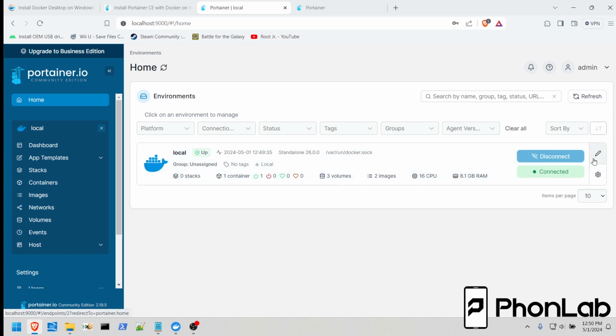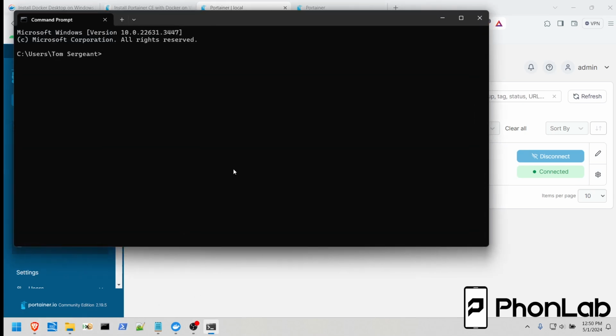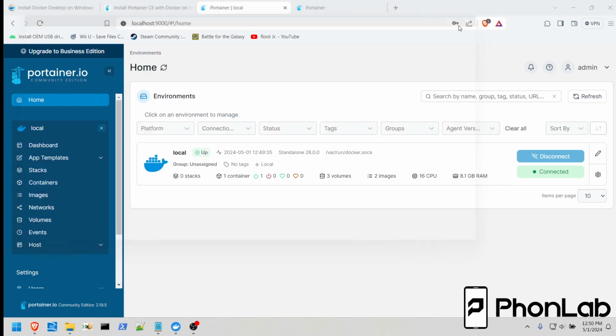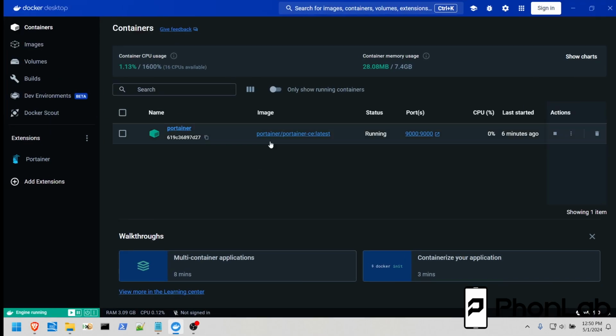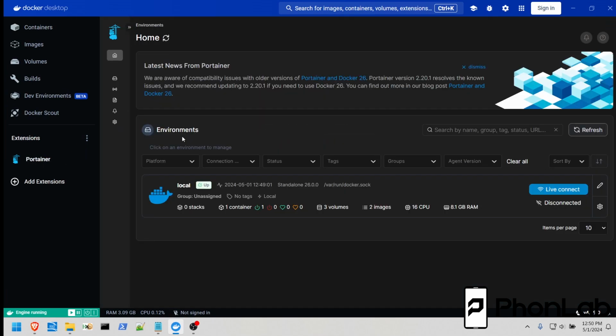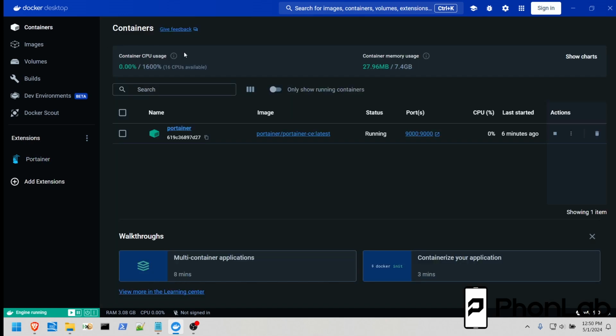But now you can see you've got an interface here to manage your containers. You technically can manage them from the terminal. It's just quite a bit harder without a user interface. You have to have all the commands to do it. And then obviously you also have Docker Desktop, and you can use the Portainer extension. Tons of ways to do the same thing, trying to make it as convenient and easy to understand as you can. So I'm going to wrap it up here for now on this